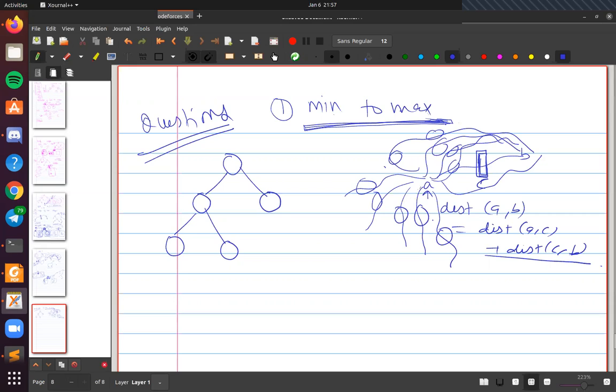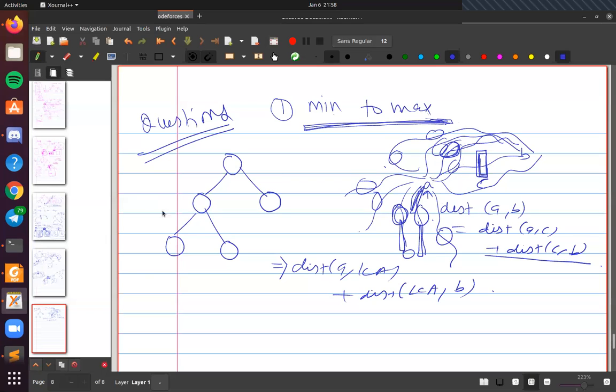So I can decompose the distance from A to any path as distance from A to LCA plus distance from LCA to any node B, let's say. This is why we use the centroid tree in this problem, because we want to somehow get the distance for all the paths. And what is common in all the paths is that they will have some LCA in between. And since in the centroid tree the height is log n, the number of LCAs will be log n